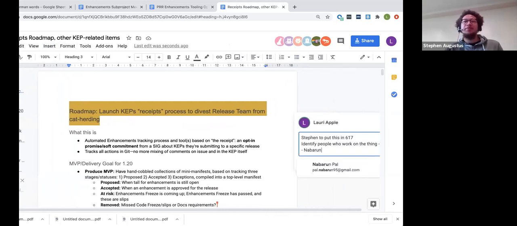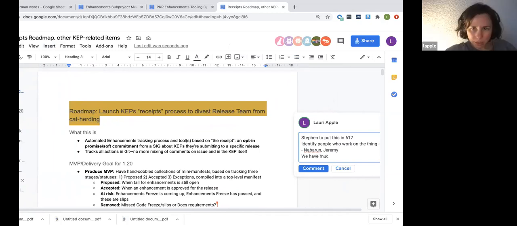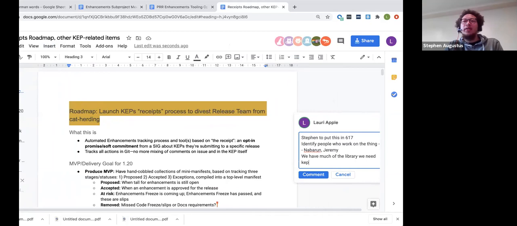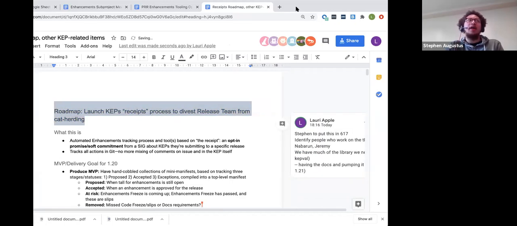We have much of the library that we need already in KEPVAL. And I think it's about having the documentation, making sure that we pump it before 1.21 and getting cracking. I think the bare bones first phase is manual everything, just understanding the structure that we want, making sure that the content in the receipts matches the things that are going to be in the KEP metadata, right?